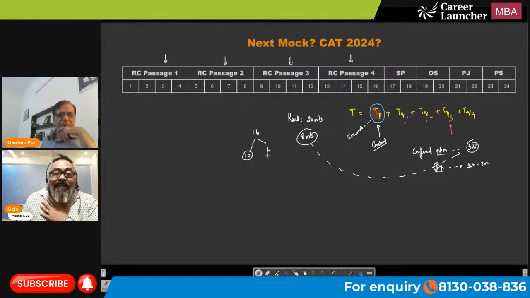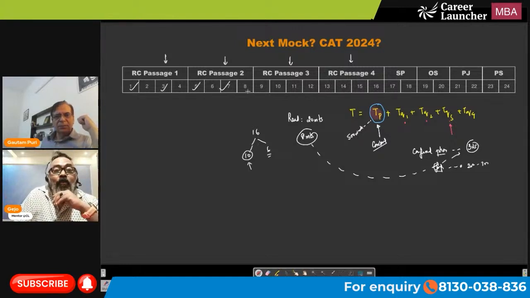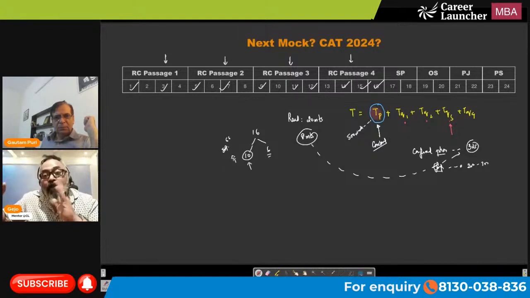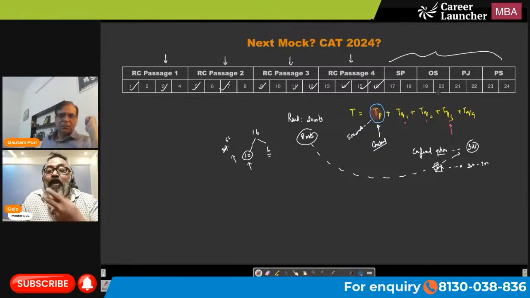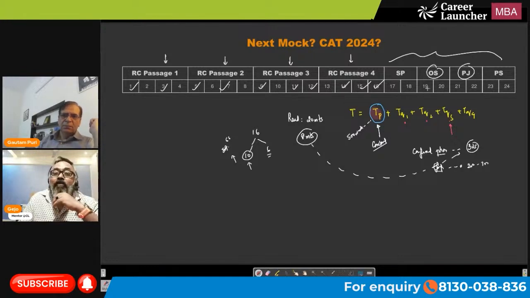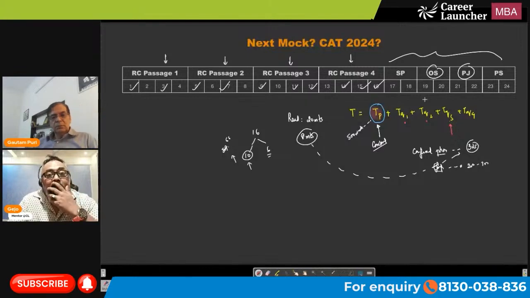If I decide strategically to skip a question when I'm getting confused, I pick up the other questions first. If I have time towards the end, I'll come back and solve it. You can still solve some 10 questions. Very likely the accuracy is going to be more than 50%. We are already in that game of 50, 60%, 70%. And then there's the question of VMA. If you are reasonably good in terms of having the process, your life will go well. So the decision, GP, at the end of the day is